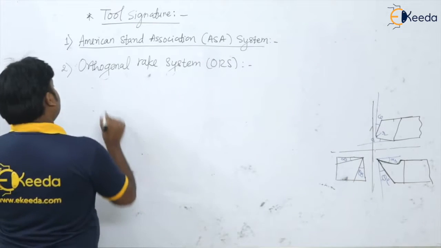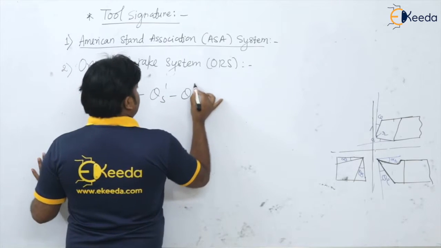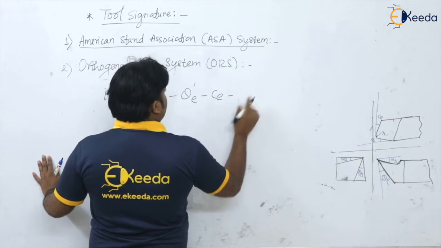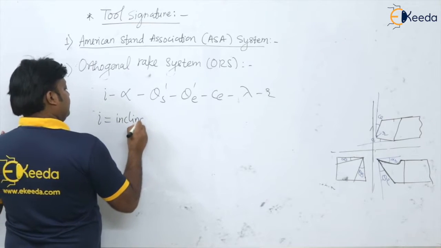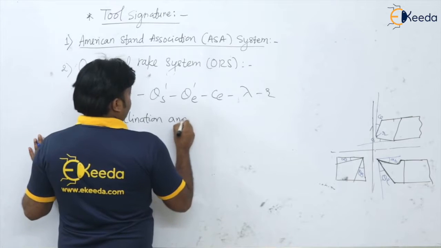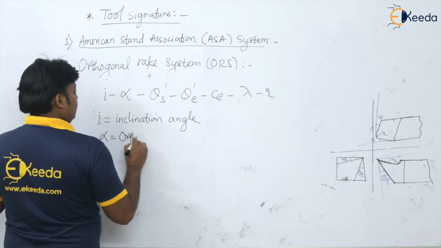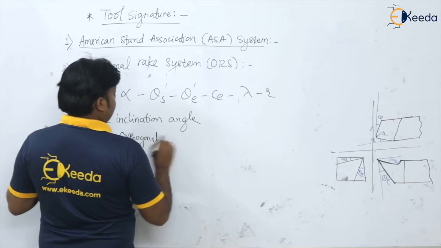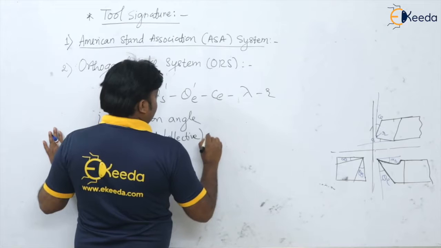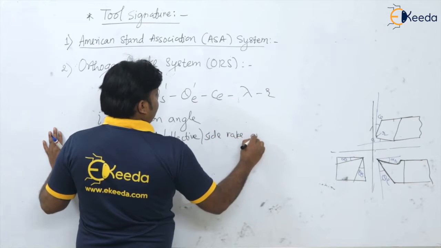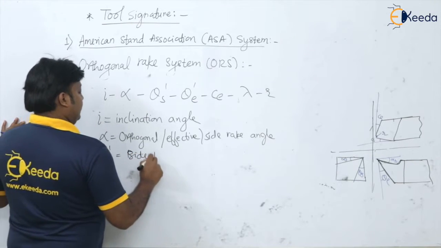I will write here: inclination angle, rake angle, theta S dash, theta E dash, CE, lambda and R, where I is the inclination angle, alpha is orthogonal rake angle, orthogonal rake or effective rake or side rake angle, theta S dash is side relief angle,